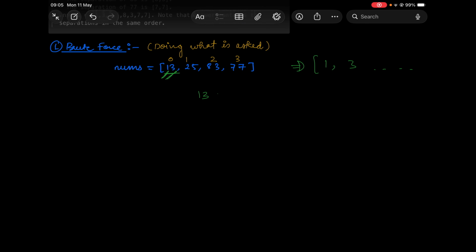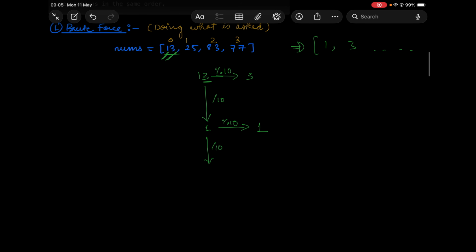So let's try getting this using maths, what we normally do using modulo. To get this digit 3, we normally do it modulo by 10. So we get 3. Now to get further digits of a number, we divide this value by 10. After dividing 13 by 10, we get 1. Now for 1, when we do it modulo by 10 again, we get the digit 1. Now again we divide this value by 10, to process further digits, and we keep on doing this until we process all the digits. So it came as 0, which means we have processed all the digits of this number